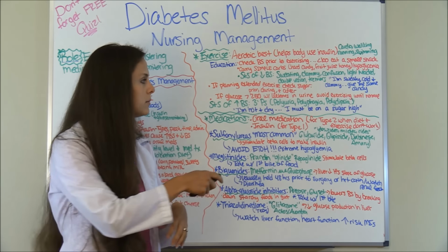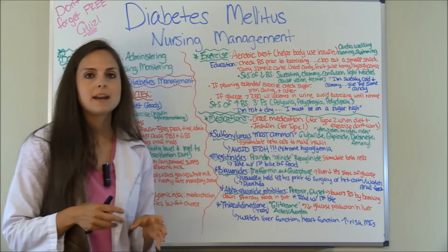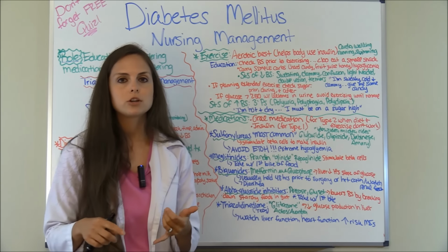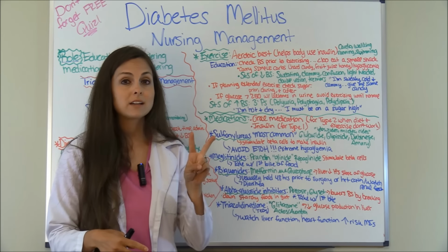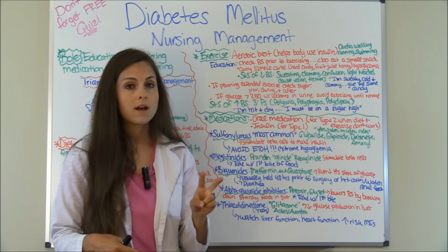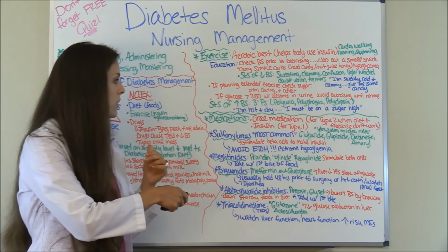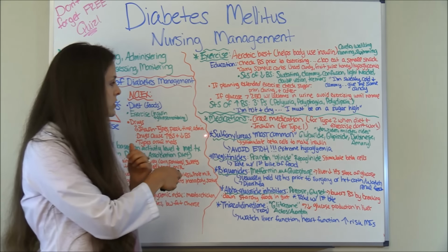Oral medications are typically for your type 2 diabetics, and they are usually started when the type 2 diabetic can't manage their blood sugar with either diet and exercise. Diet and exercise is the first thing we want, and then they will be put on medications as a last resort. So let's talk about those. First one are your